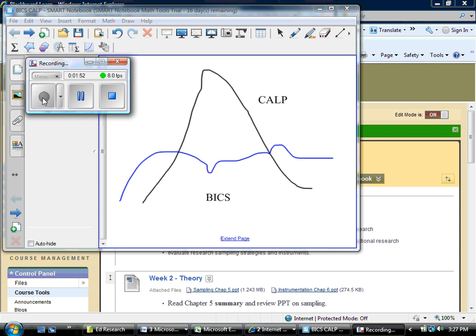Well, that's what Cummins and Chamot and O'Malley talk about when they talk about BICS and CALP. Cognitive academic language proficiency, also abbreviated as CALP, is the tip of the iceberg, where the larger portion of language development is built upon the foundation of the largest part of the iceberg, which is BICS, basic interpersonal communication skills. Remember, there are 4 elements of language: speaking, listening, reading, and writing. Basically, BICS is speaking and listening,